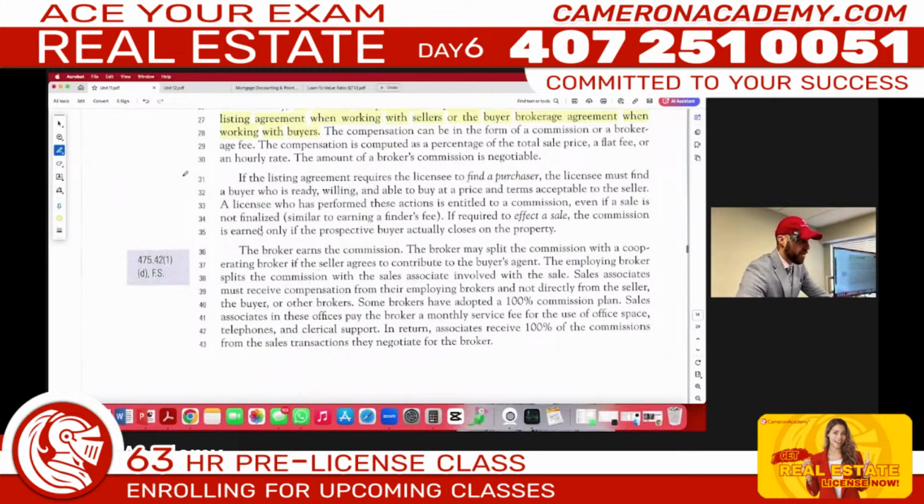All right, when do you get paid your commission? As we see in this next paragraph. Typically when you what? When you close on the property. That's called effect a sale. You see this on line 34? It's italicized. It means in the effect of a sale is when you get paid your commission. That's most common. But you could stipulate